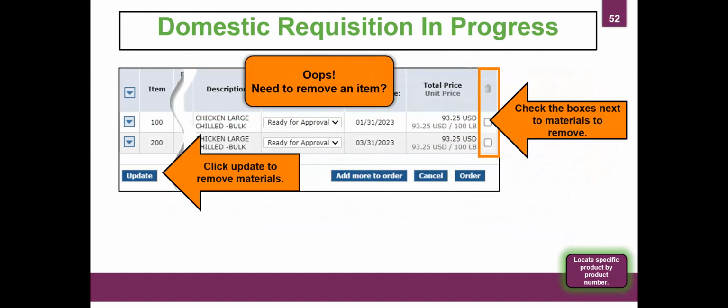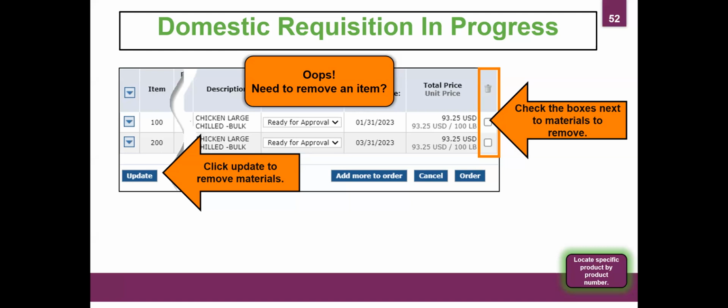So if we have an item, we made a mistake and we know it now, then you can always remove an item. There's the trash can off to the right-hand side. So you'll find, guys, once you're in the system, it's pretty user-friendly. It's not a super fancy system. That's what we found from our pilot group, that once you get in, that's why practicing in that training environment is very important.